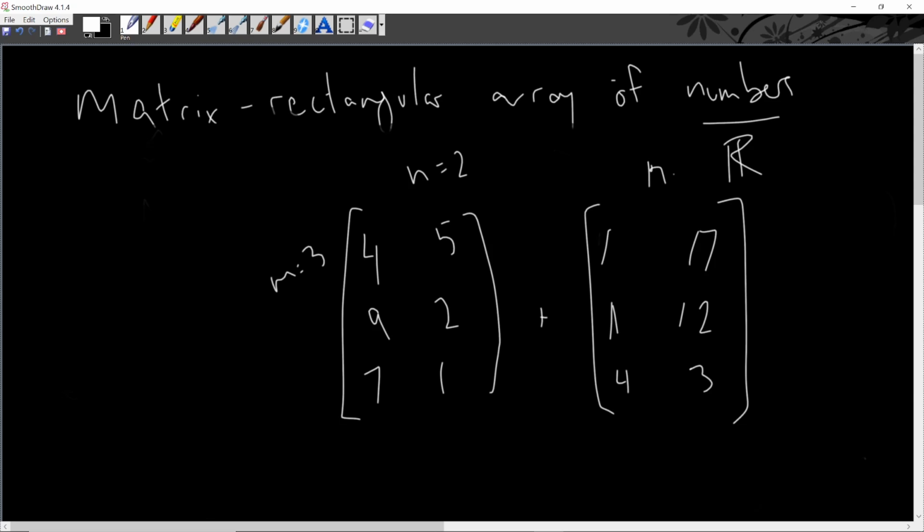We have n equals 2, and then m equals 3, and this is a11, this is b11, so we add those together. We have, running a little bit out of space, a11 plus b11, so we can even write that out, 4 plus 1, and then we have a12 and then b12, so 5 plus 17,